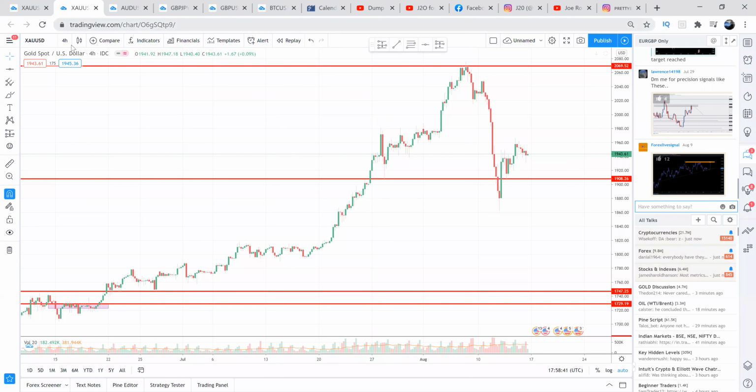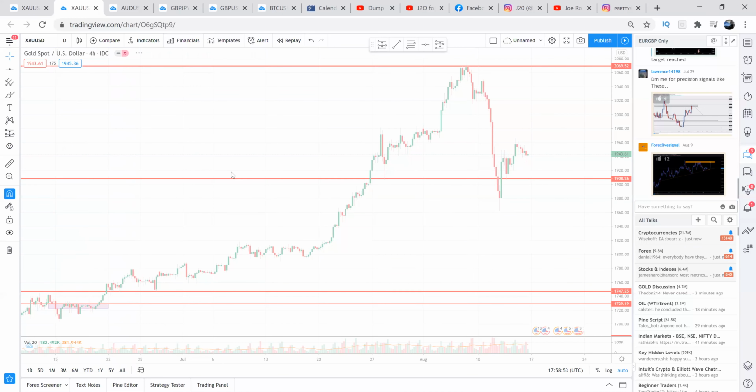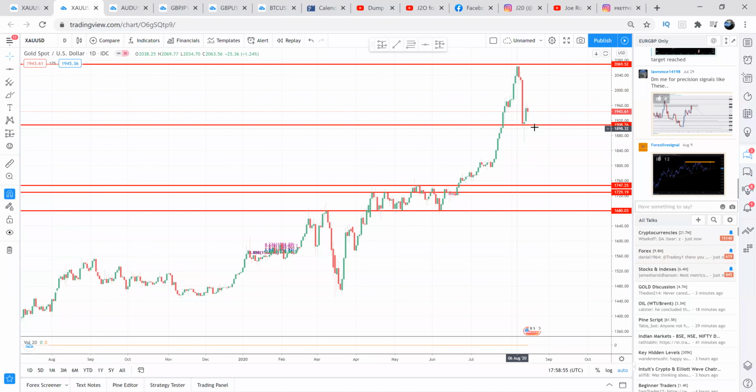Let's look at gold. So right now, this is a 4-hour chart for gold. Gold dropped last week. And right now, let's go to the daily chart real quick. So right now, gold rejected off a support area, and it came back up after being rejected down from resistance. So if gold breaks this area, and gold breaks down this area, comes down and breaks this area, expect this to go for a downtrend